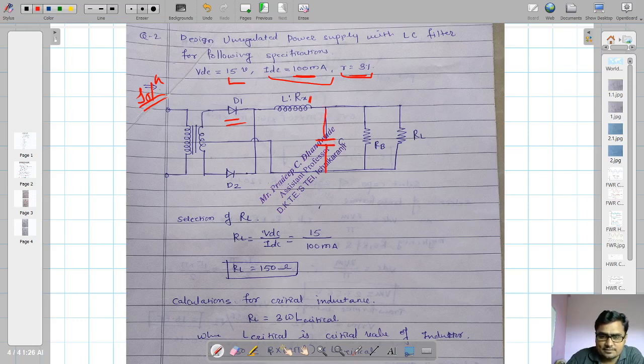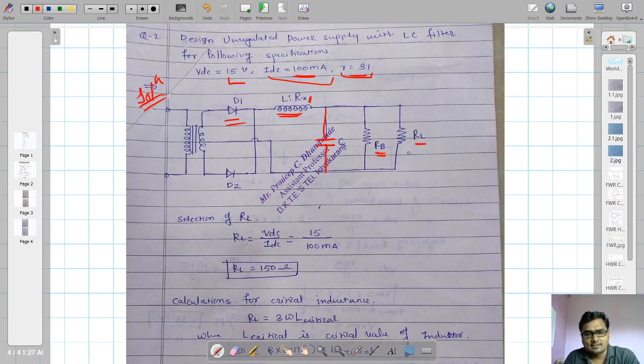That capacitor is not visible, so that's why I'm drawing it again. This is a bleeder resistor RB. As we are in LC type of filter, bleeder resistor must be there. And this is the load resistor, as usual I have connected at the last. Now if you want to avoid bleeder resistor, you need to select an exact value of inductor. If exact value of inductor is not available in the market, then take a nearby value of the inductor and consider a bleeder resistor with some value. Okay. So again, designing of power supply means calculation of value and rating.